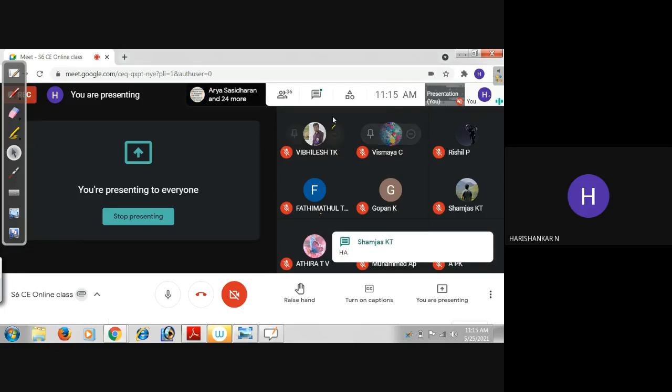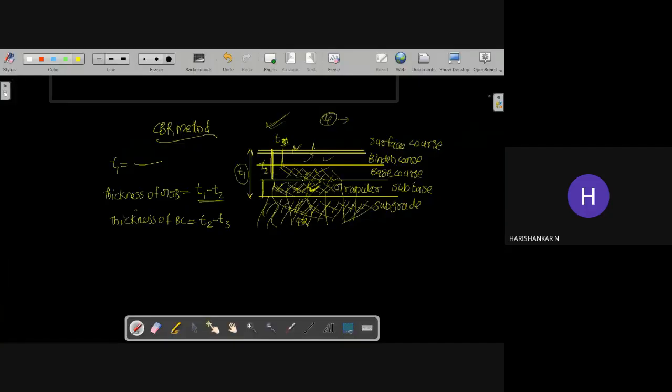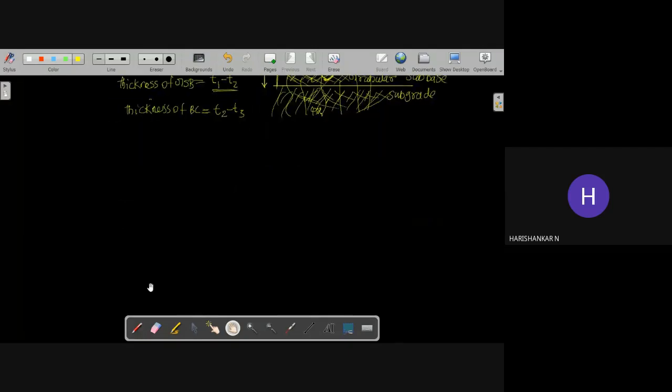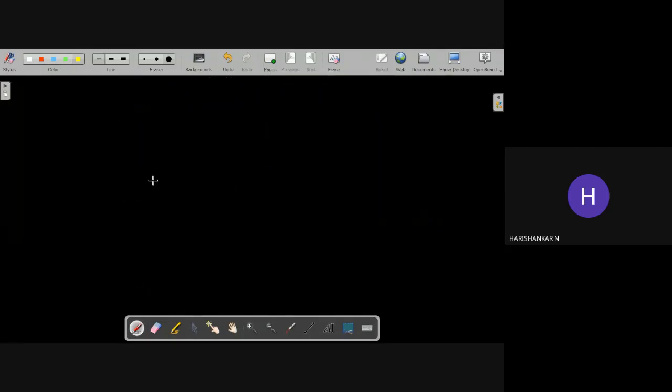Yes. Okay, so the procedure is simple. Simply perform the CBR test for all the individual mix designs, and you can simply refer to the graph. If you are not using the graph, then you can use an equation also. I will write down the equation. Here, T is the thickness, T is equal to